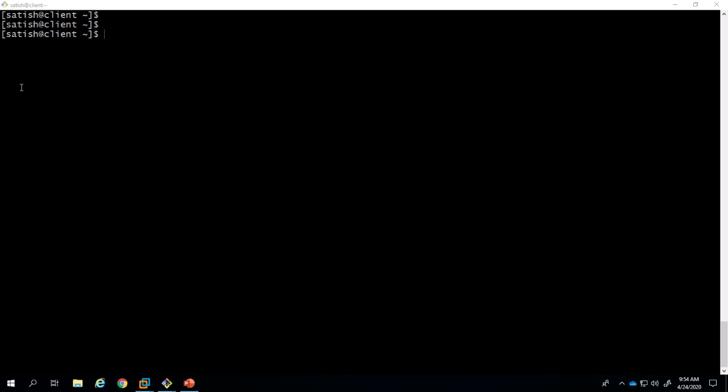Because I have four virtual machines, I'm using these four virtual machines for this simple Ansible project. From my first virtual machine to the second, I am able to log in without a password as the Satish user. The same key I need to copy again to the third Ubuntu system.